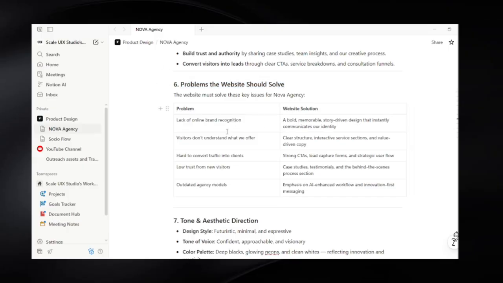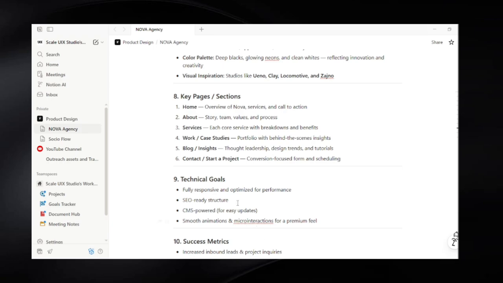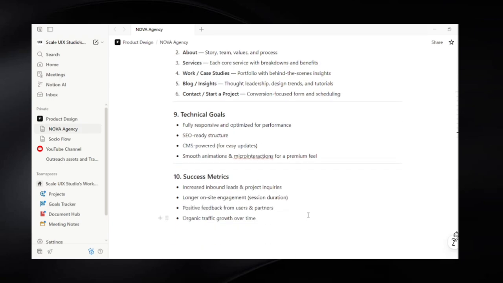Oh, by the way, here's another thing: problems the website should solve: lack of online brand recognition, and visitors don't understand what we offer. Hard to convert traffic into clients, low trust from new visitors, and outdated agency models. Okay, so now let's jump into our Figma file,